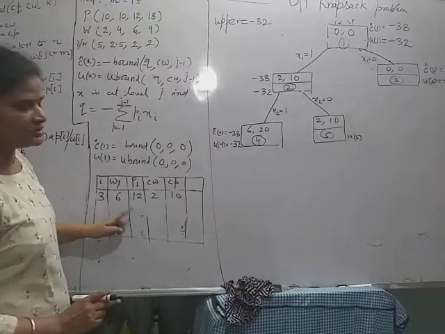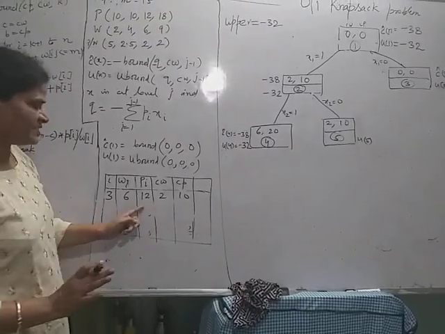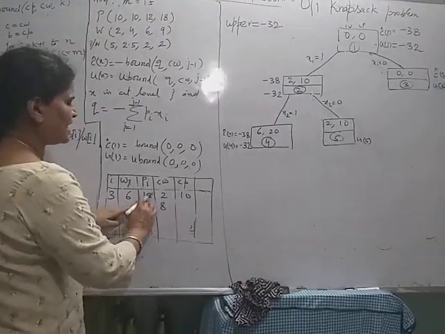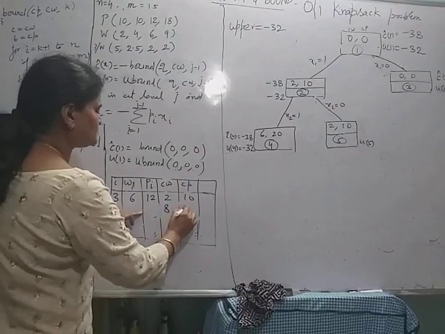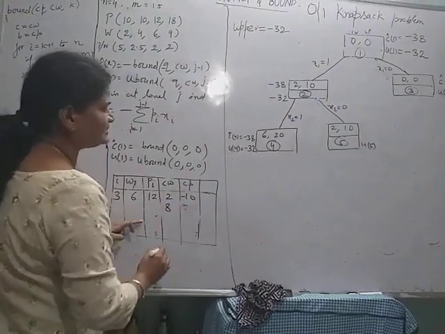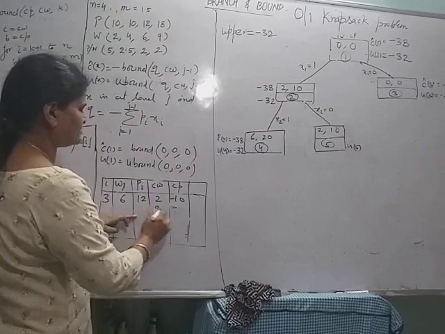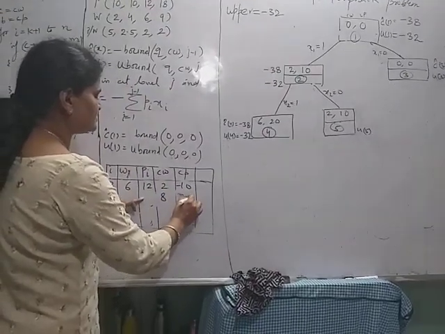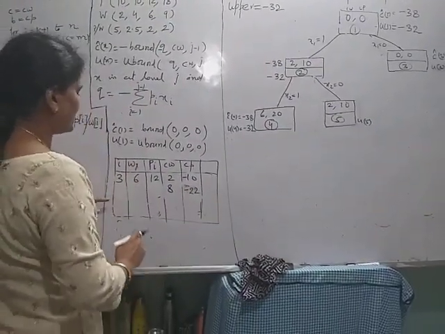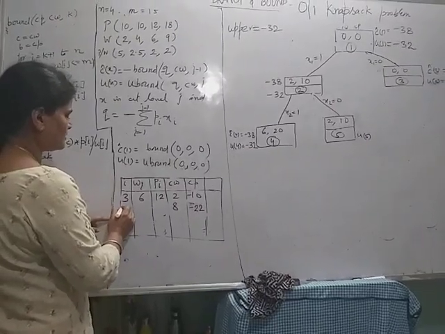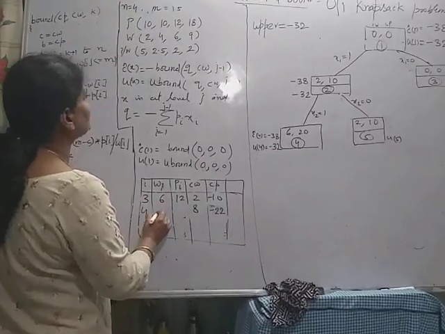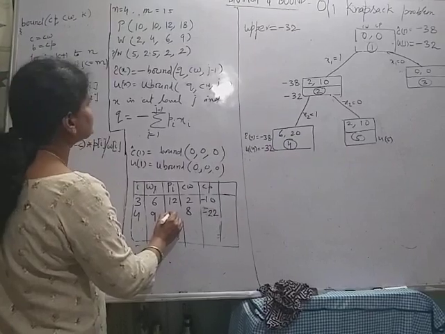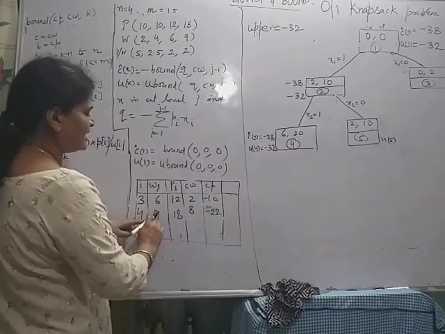6 plus 2 is 8, which is less than or equal to 15. So we can add it: 8. And the profit is minus 10 here, and this is minus 22. Then i is 4, the weight of the fourth object is 9, and the profit is 18. 8 plus 9